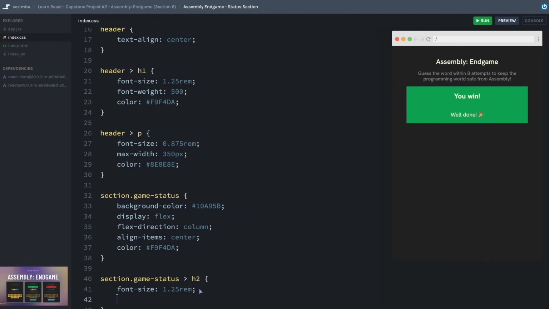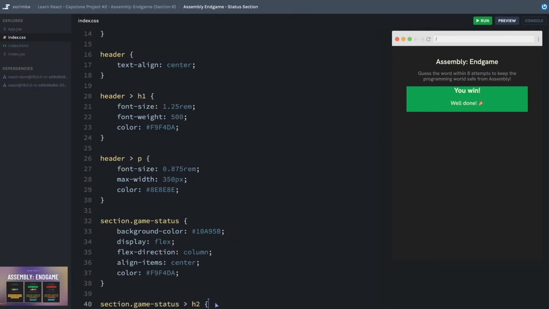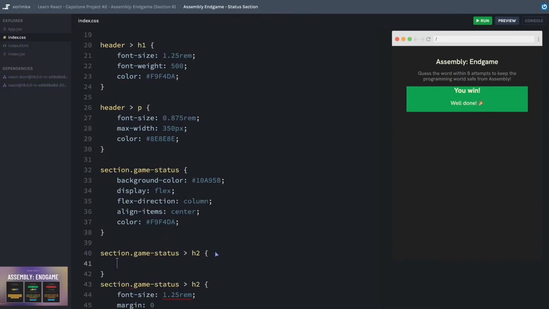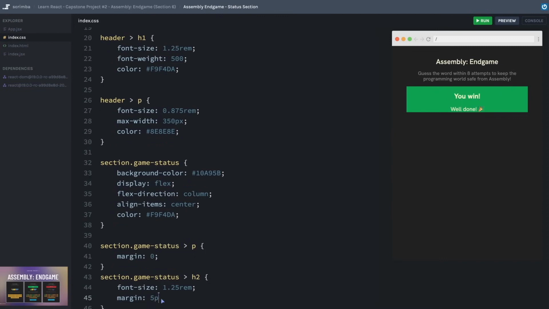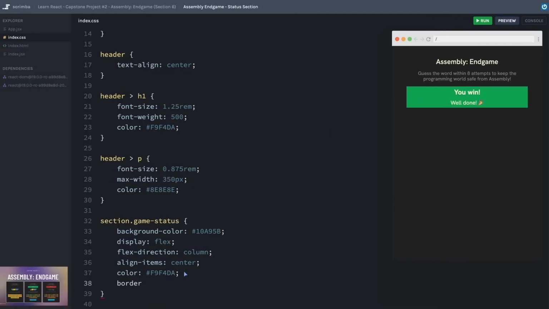While we're at it, let's see what it looks like to get rid of our margin. And well, 0 is going to be not enough. So first, let's maybe do this to the paragraph as well. I'll set a margin of 0. Yeah, it's a bit squeezed. And I think if I make this something a little bit bigger, like 5 pixels, and we'll say 5 pixels. Oh yeah, that looks much better. Let's see, there's also a border radius, which we missed. So border radius of 4 pixels, it looks like from the design, just to round out the corners of the status.